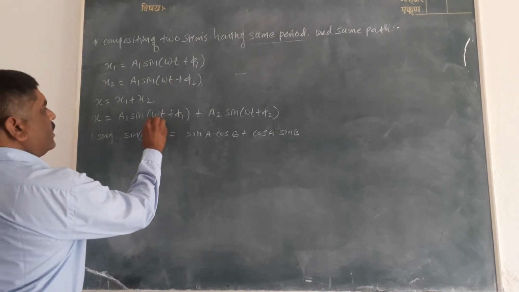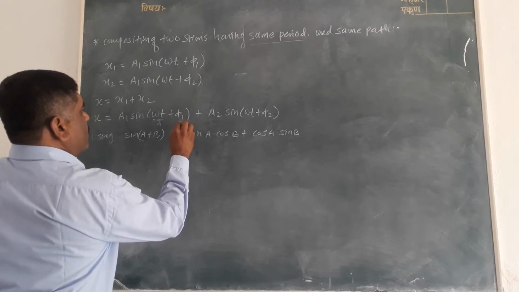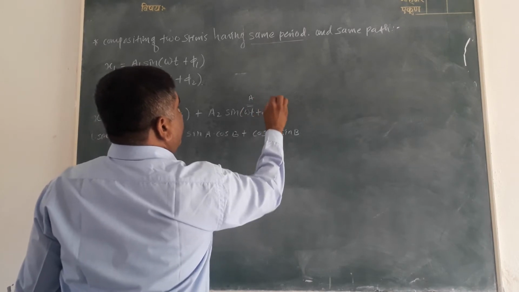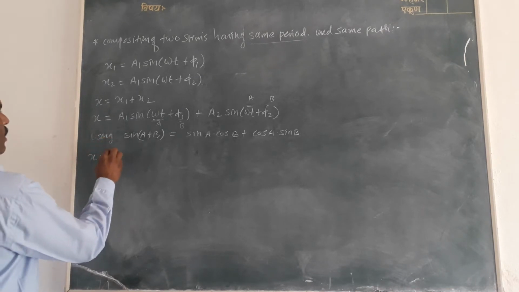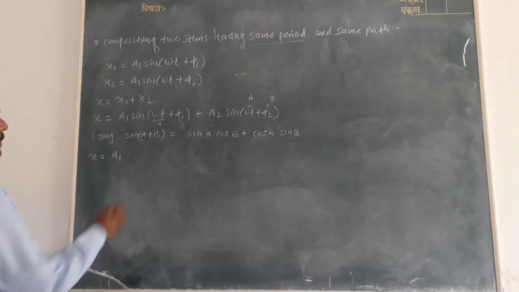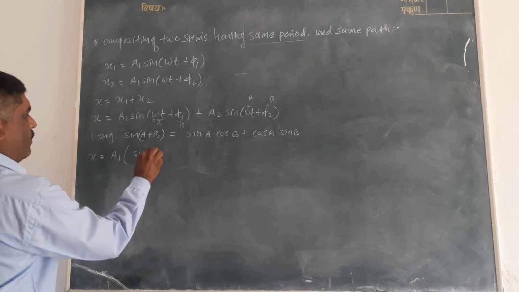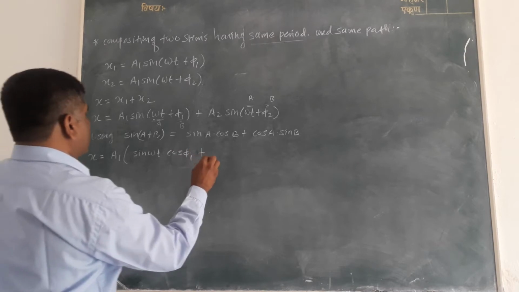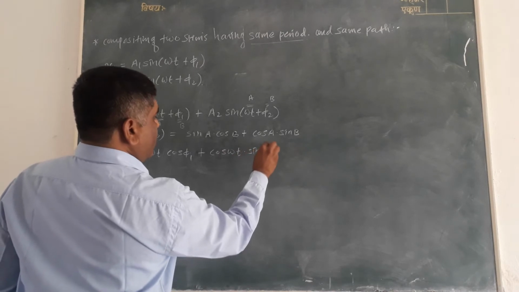Here omega t means a, phi 1 means b. In this case omega t is a and phi 2 is b. Using this concept, then x is equal to a1 into bracket sin omega t into cos phi 1 plus cos omega t into sin phi 1,